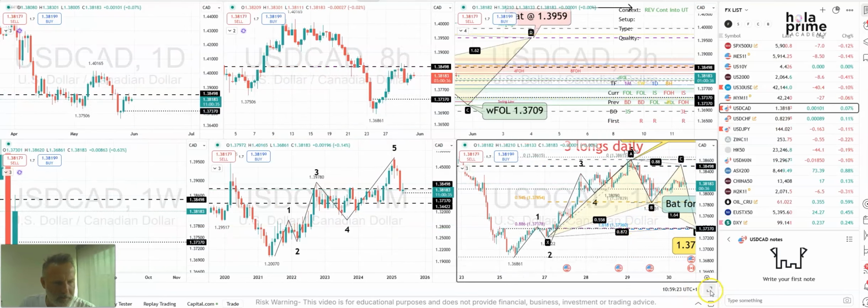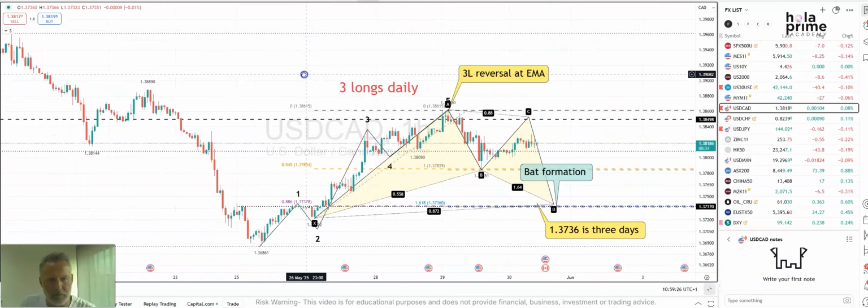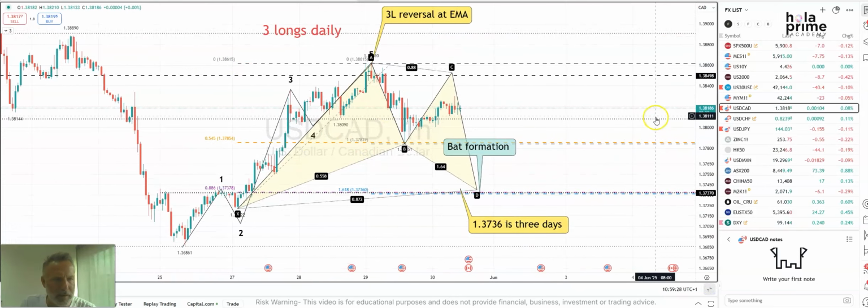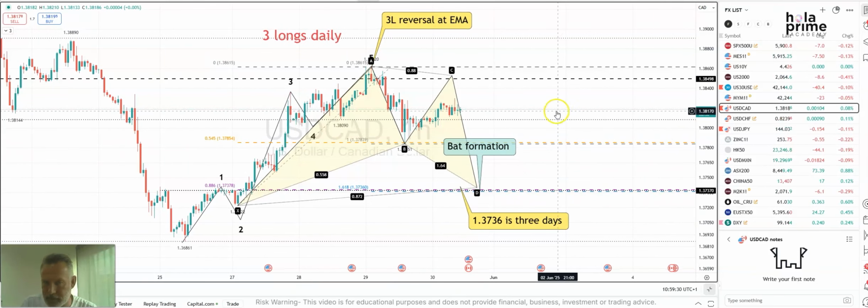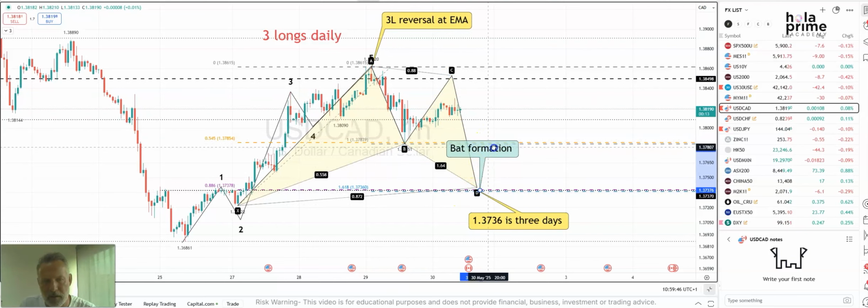If we go to this time frame, which is just a little bit more complicated, if you like. So 3 longs on the daily was here. Got a 5 wave count, 1, 2, 3, 4, 5. We should now be in this corrective formation to the downside. We're coming up to complete BC and then move down to 137.36, which is again a 3-day cycle to complete